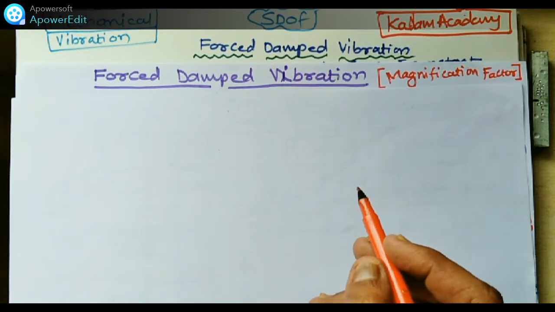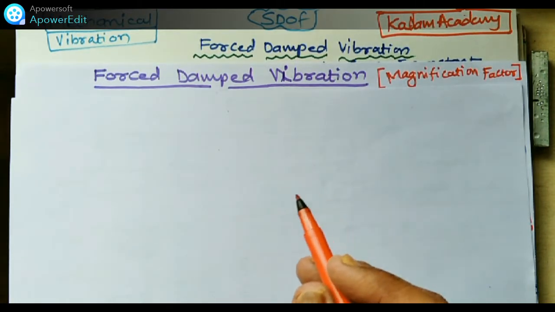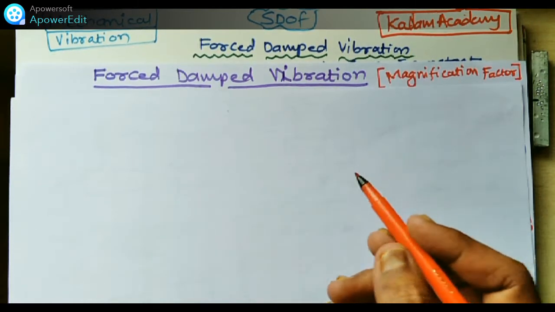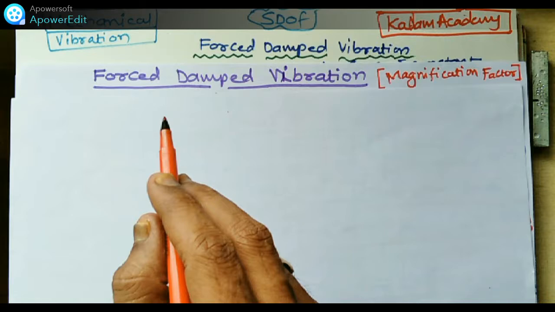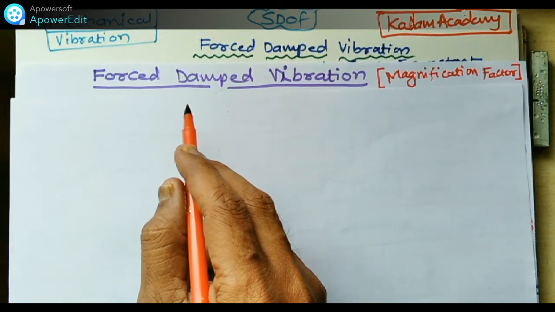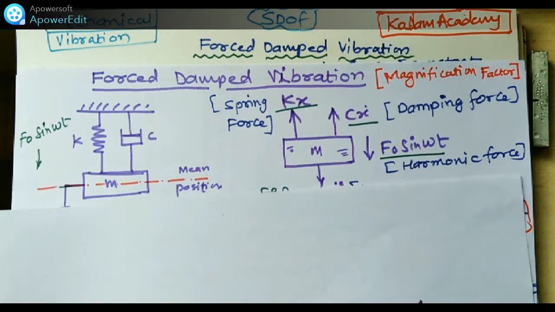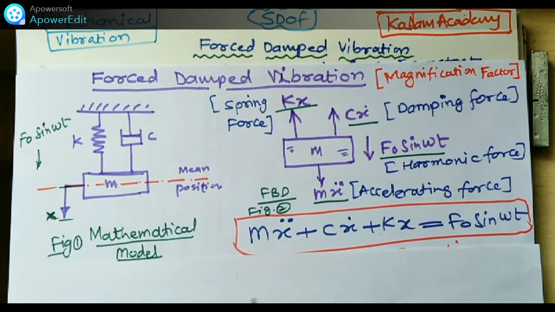What are the applications of forced vibration? In the video, we have already derived the equation of motion for the forced vibration condition. For that system, we have already covered it by using analytical and different methods, and you can watch both the videos. This is the spring mass damper system, where the mass moves and is displaced by a distance x.